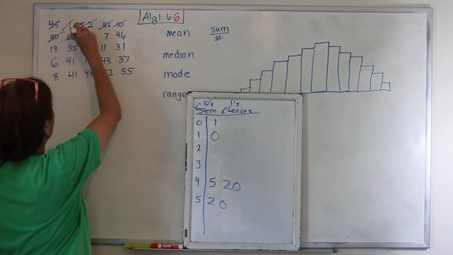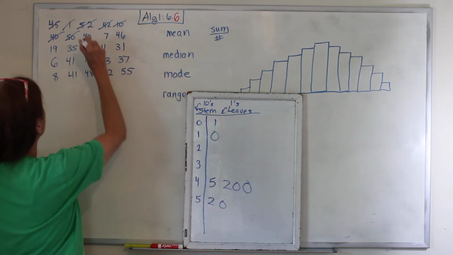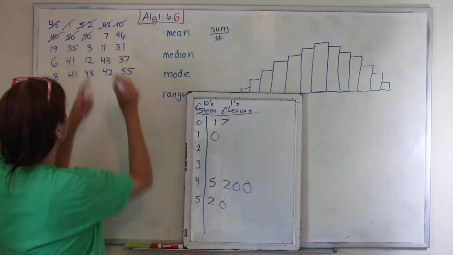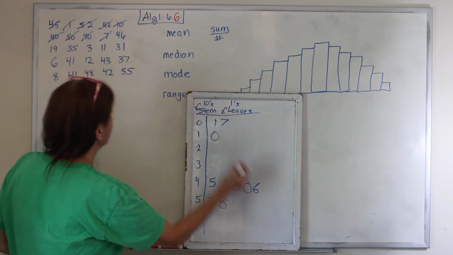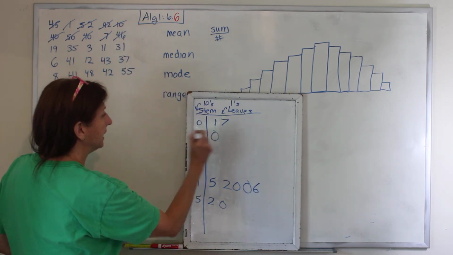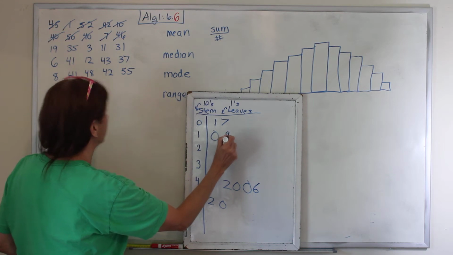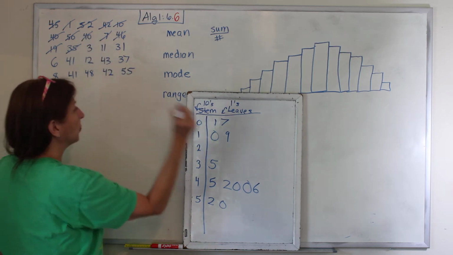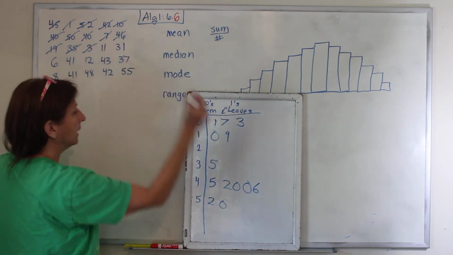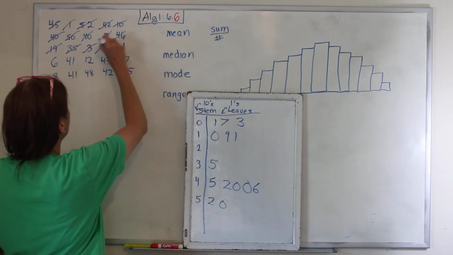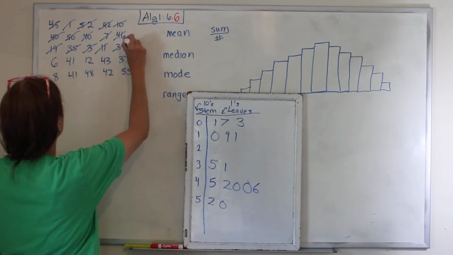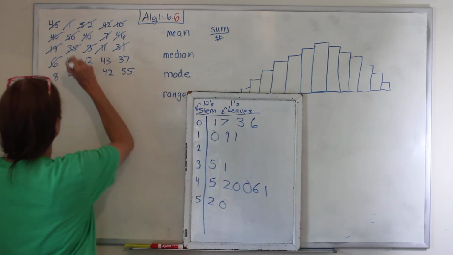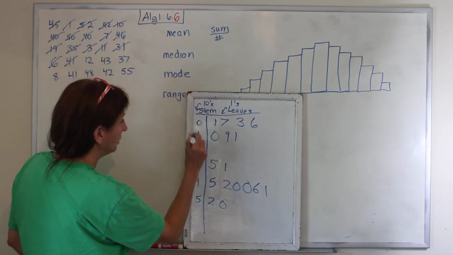50, 40 again. 7 doesn't have a tens. 46, 19, it's got a 1 in the tens, put a 9 there. 35, 3, 11, 31, 6, 41, 12,